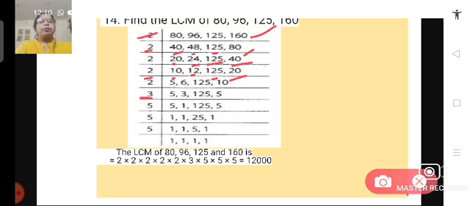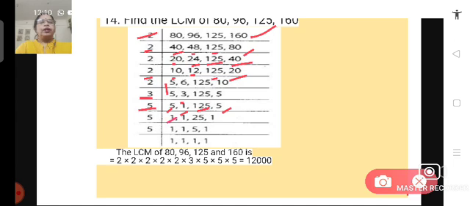Again the next prime number to divide these numbers will be 3, the next prime number. So we can write 5 as it is. 6 divided by 3 has become 2, so 3 becomes 1 here. 5 will be written like this, 125 will be written like this and 5 will be written like this. So the next prime factor that is taken is 5.